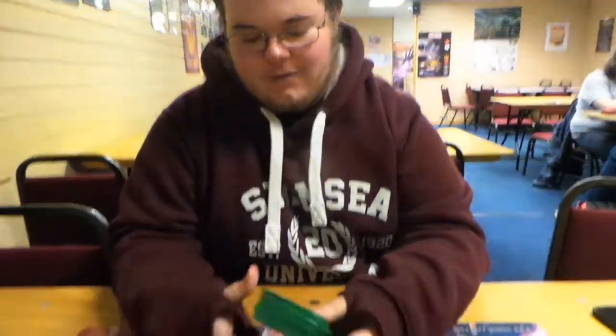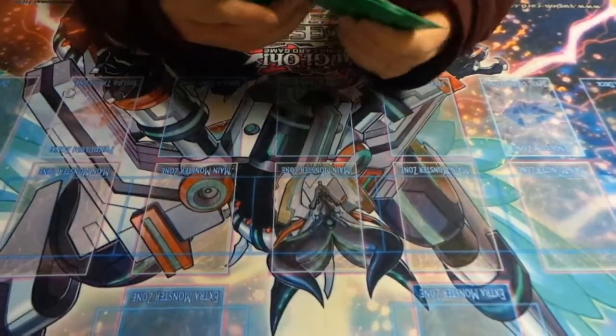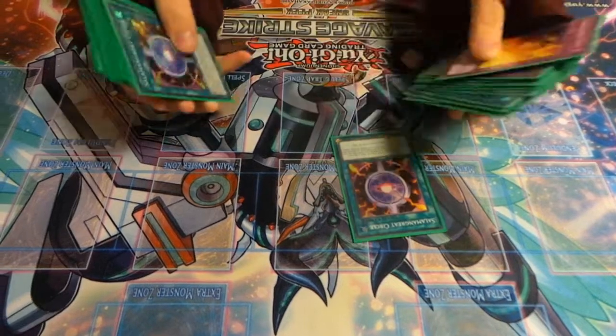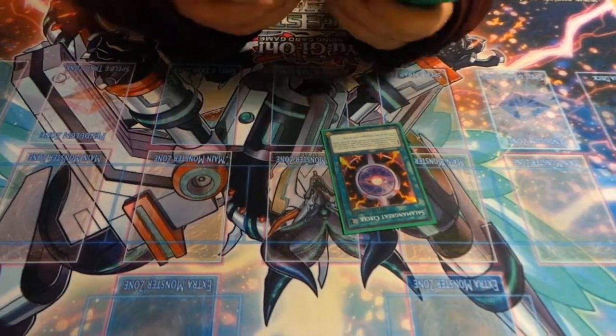Alright, cool. So you're going to give us a quick standard Salamangreat combo here then? Indeed. So, for people who've not seen this deck before, if you open one of these two, if I can find it, Circle, or if you open...